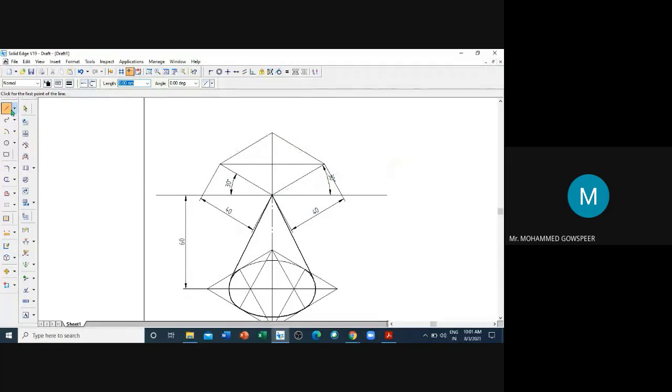Okay. Again we will draw, connect the minor axis end to the midpoint of the opposite side.